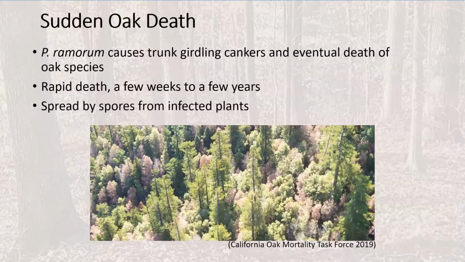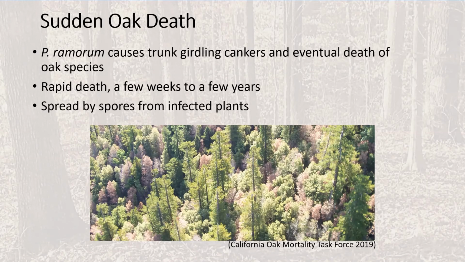Here's just another slide on that, really stem girdling cankers that cause rapid death are the result. And it's spread by spores or from infected plants. So we aren't necessarily pointing at humans moving firewood as the main source of this, but we're talking about the spread from